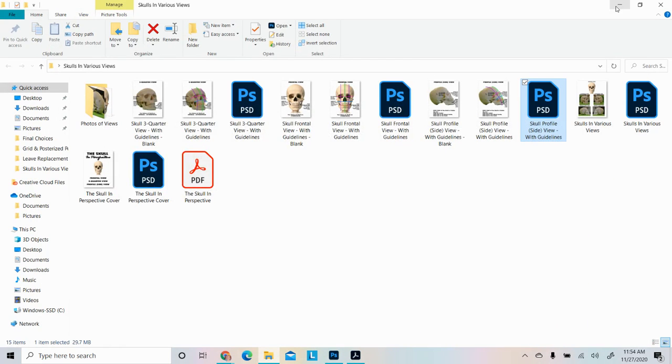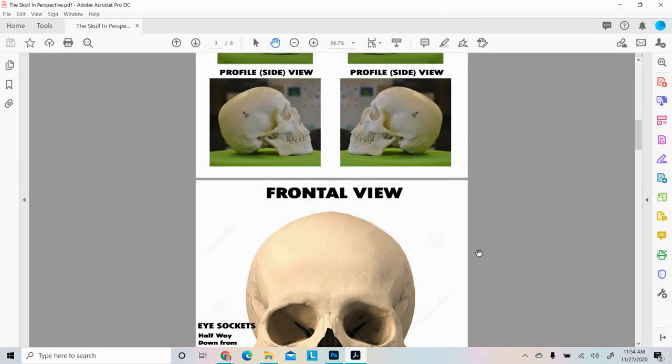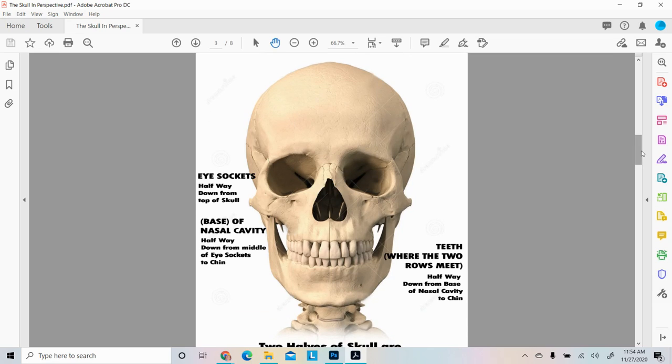Okay, well, I hope that you enjoyed learning about the 3 different views today of the skull. And we will continue with another tutorial where we're going to start to draw the skull in proportion. We're actually going to turn it into a fleshed face, and we'll work with our guidelines that we just learned. So stay tuned for part